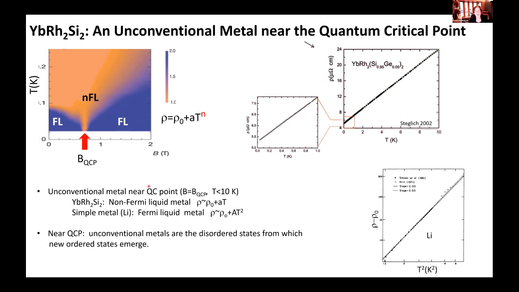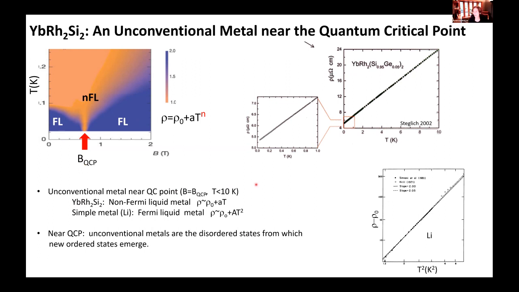Well, the answer is that we know that conventional metals, such as, let's say, lithium, have a resistance which is quadratic with respect to temperature. And this is a manifestation, a sign of Fermi liquid behavior, which is what we expect in a conventional metal. In the case of ytterbium rhodium-2 silicon-2, the resistance is absolutely not that. It's linear with respect to temperature. So we know right away that this material is not a conventional metal, although it does conduct electricity.